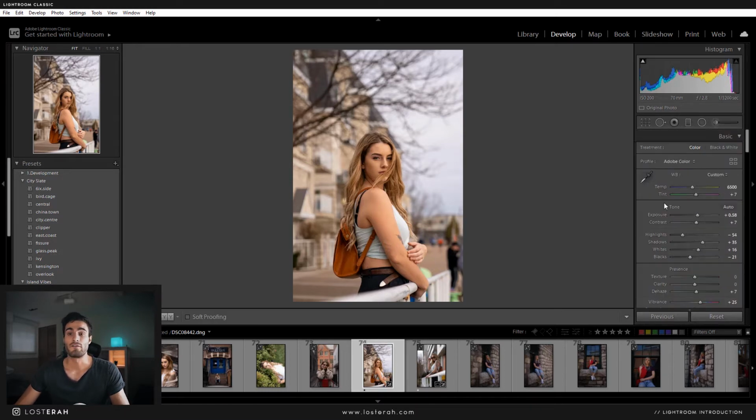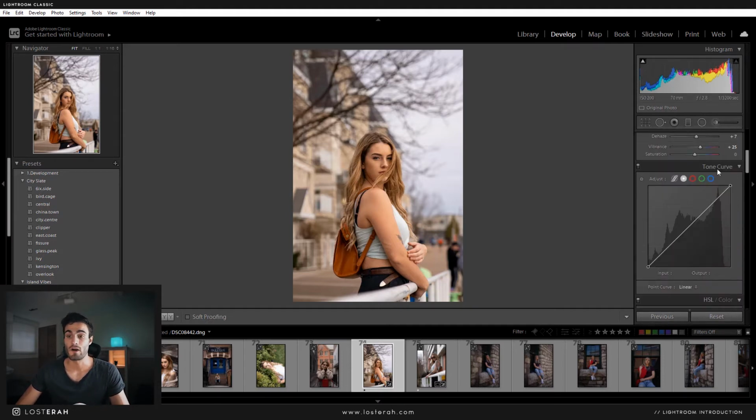So that's essentially it for the basic color adjustments. These are what you're going to be playing with first before you do anything. Next we've got our tone curves. This is a rather complicated thing to explain. Essentially the basics of your tone curve is down here you've got your shadows, up here you've got your highlights,